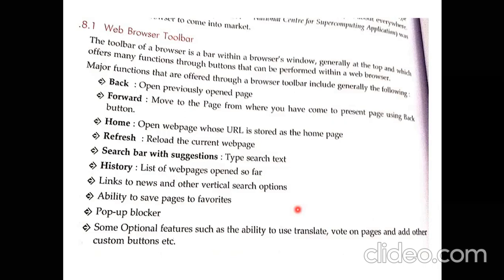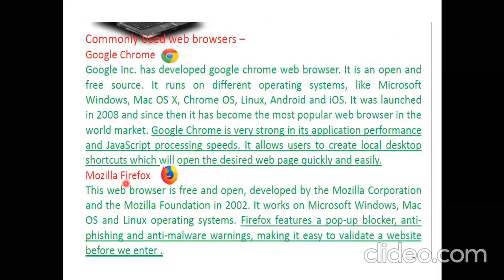There are so many web browsers available, and everyone has their own choice of using a web browser. Suppose I prefer choosing Google Chrome, others might be comfortable with Mozilla Firefox. Each web browser has its own features other than the bold ones. Bold ones are the basic functions which all of the web browsers have. Still, there are many other features which individual web browsers do have. So you can just go through them and explore your web browsers once. Now we'll be discussing the commonly used web browsers.